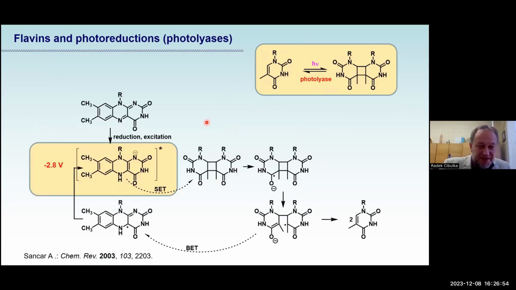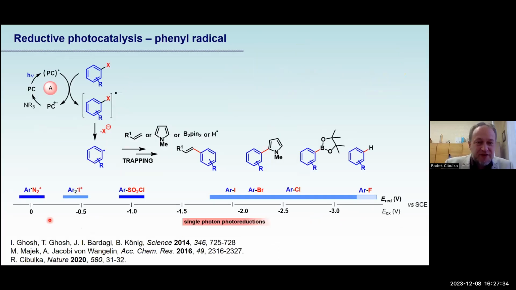And the principle is here. The principle can be described as follows: the flavin is reduced. We have a reduced flavin, which is irradiated, and in the excited state, it is a very strong reducing agent, producing this radical, and then there is a cascade of reactions leading to free uracil or free thymine. The mechanism of this was investigated in detail by Sancar, who was awarded the Nobel Prize a few years ago for this discovery. And I will go back to this slide